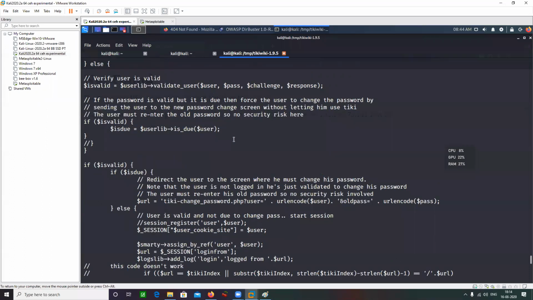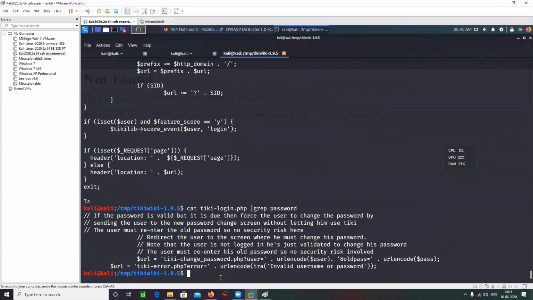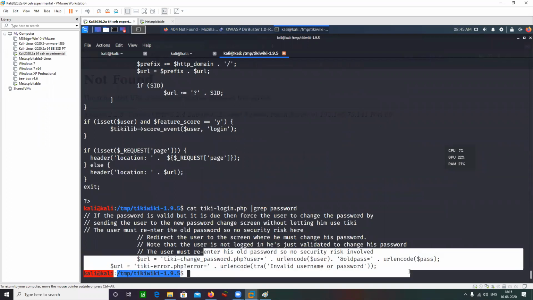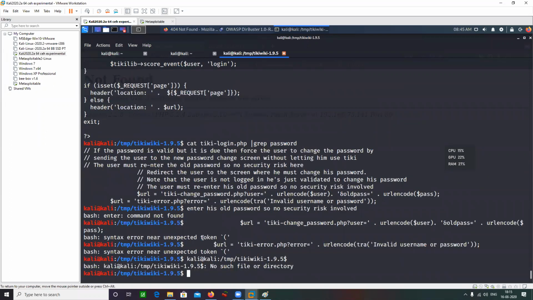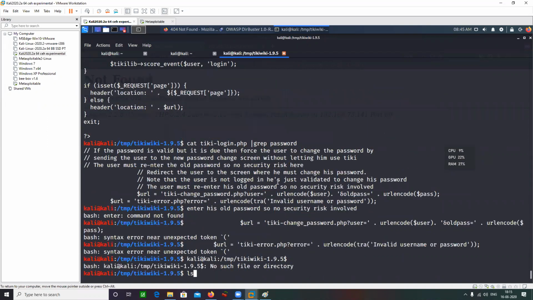Now, very big file. Let me just grab the password. Not anything here, not an issue. So similarly, I can explore other files as well, okay?